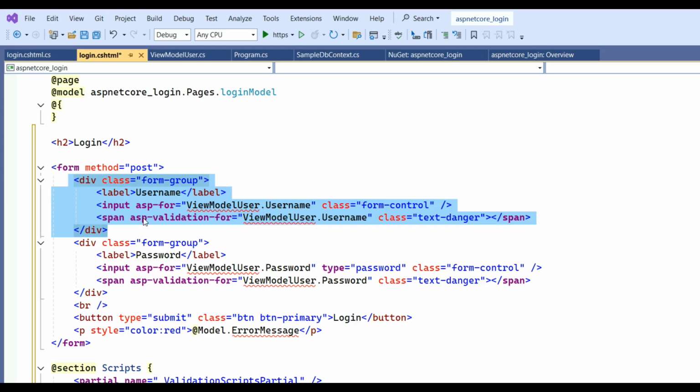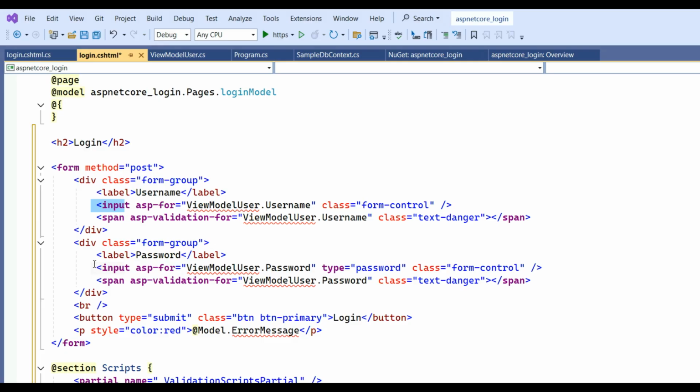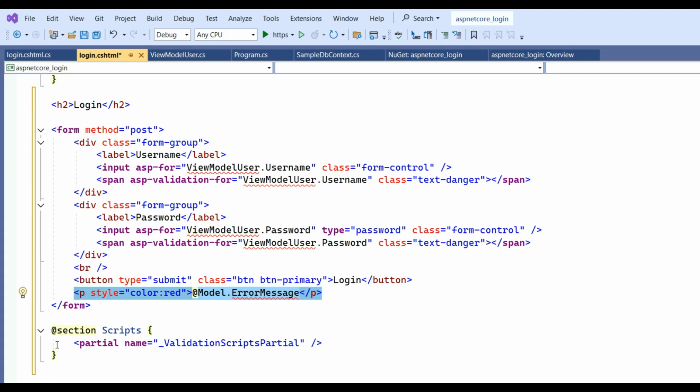Here you can see the input, a text box control, and the other is type password, and another text box control. That is the label for username, and there is one login button of type submit, and there is one p style color model dot error message,